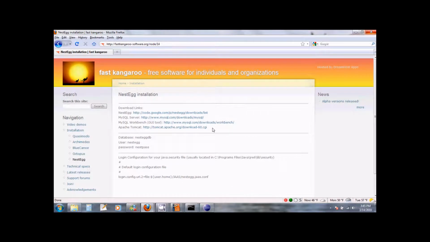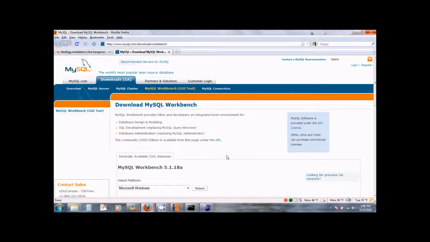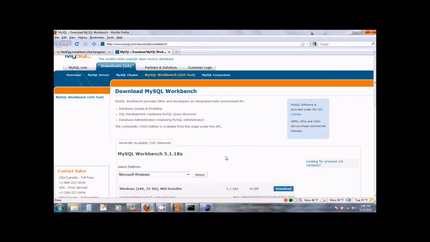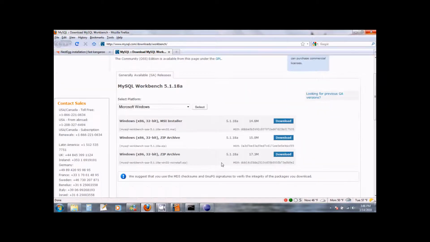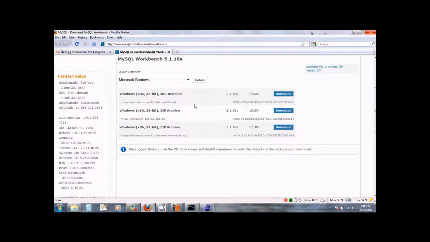Let us now install the GUI tools that we need to manage the MySQL database. You can do this by clicking on the link for the MySQL Workbench which you see in the installation page of Nest Egg on our website. This will bring you to the download page of the MySQL Workbench. Here you will see several different types of installers that you can download.